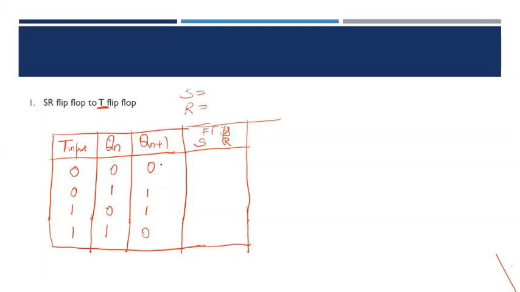Qn plus 1 is also known. Then what should be the values for S and R? Qn 0, Qn plus 1, 0. Then from the excitation table, it is 0, X. In the second row, Qn plus 1 is also 1. Then